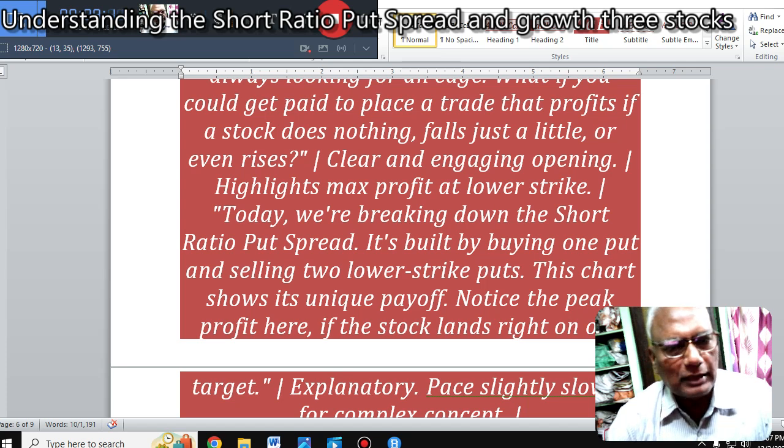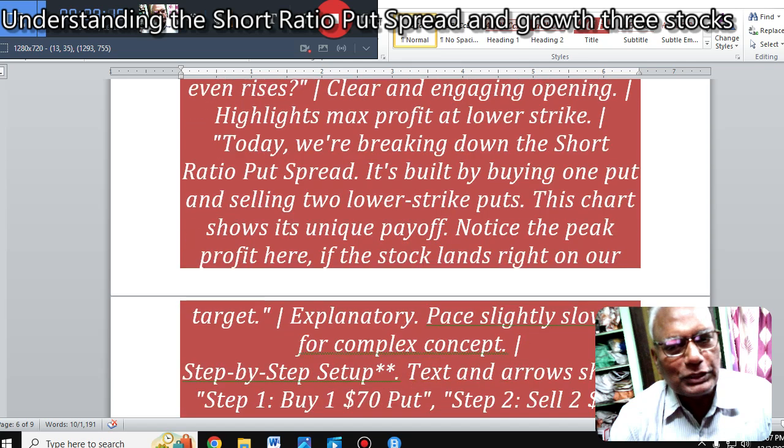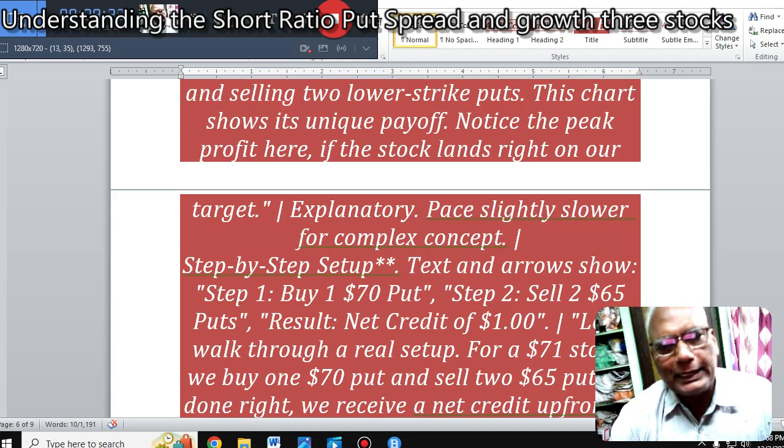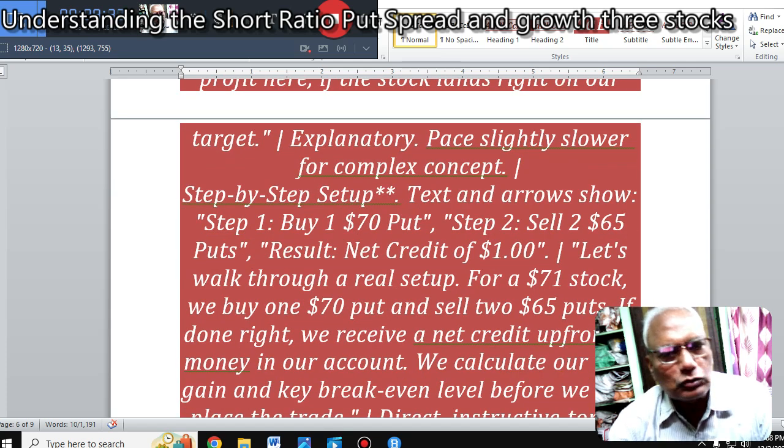This chart shows its unique payoff. Note the peak profit here if the stock lands right on your target. Explanatory, pace slightly slower for a complex concept. Step by step text and arrows show: